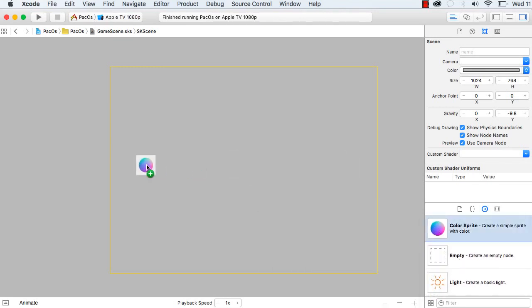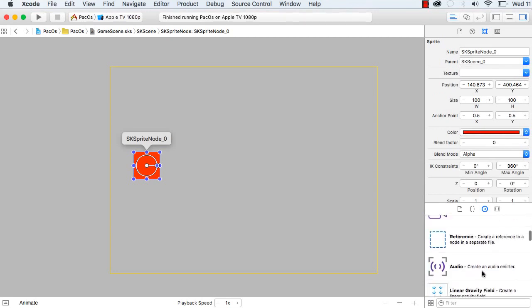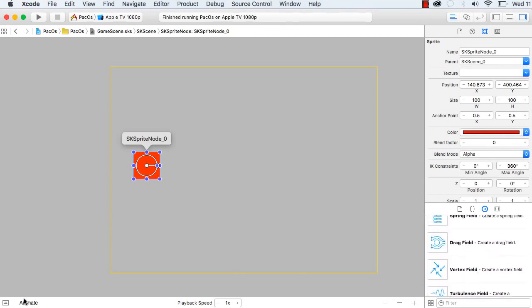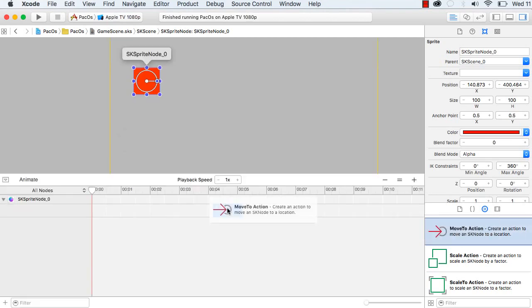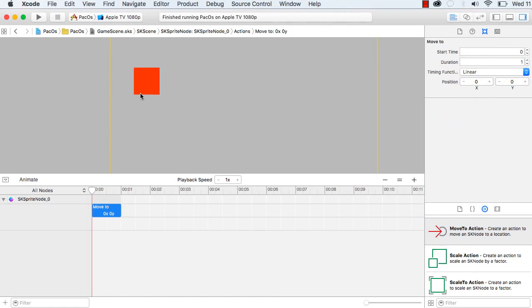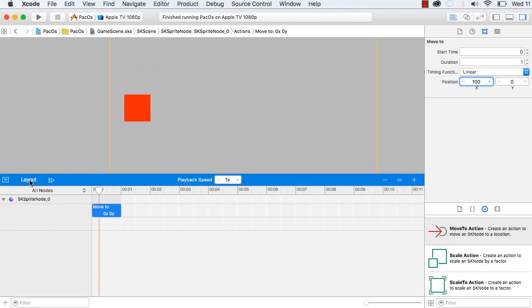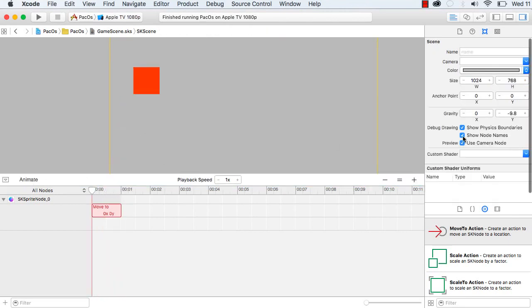Actions, like move to actions, are very cool as well. They make things much easier. If we want to create a little animation, we can just call this move to action, and then say here duration 1 second, and then you can use ease in, ease out, whatever function you want to use, and then you say move to 100, and then if you animate it,